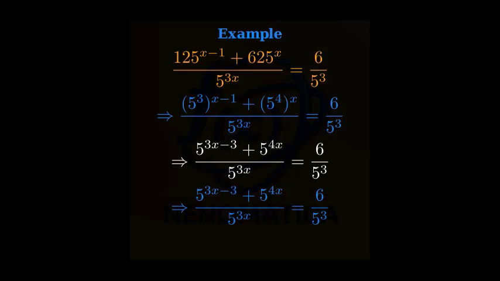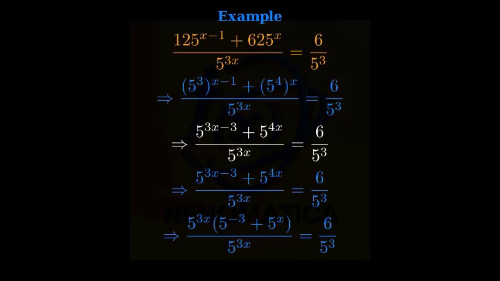So 5 cubed to the power of x minus 1 becomes 5 to the power of 3 times x minus 1, or 5 to the power of 3x minus 3. Similarly, 5 to the 4th power to the power of x becomes 5 to the power of 4x. Now, let's factor out 5 to the power of 3x from the numerator and denominator. This gives us 5 to the power of 3x multiplied by 5 to the power of negative 3 plus 5